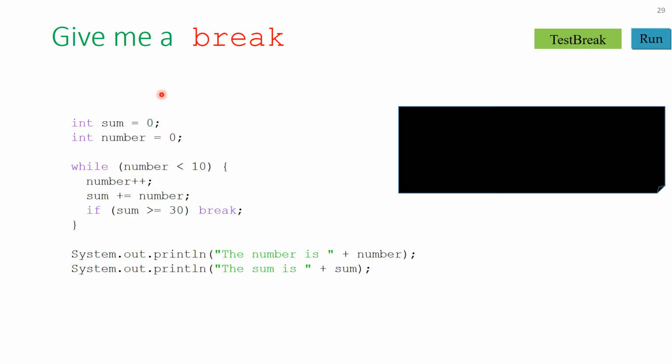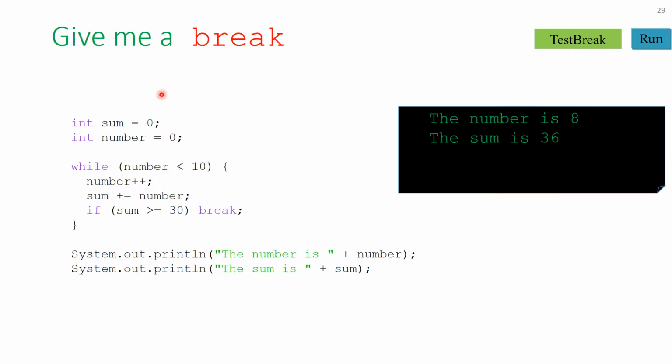This is different. This is called an exit condition. With a break keyword, because a break keyword gets you out, you can have an if statement that says if sum is greater or equal to 30, or whatever number you want, then get out. That's my exit condition. That's my continuation condition. So I have two different ways to look at how I'm going to get out of the loop. Okay? All right. So if I run this,